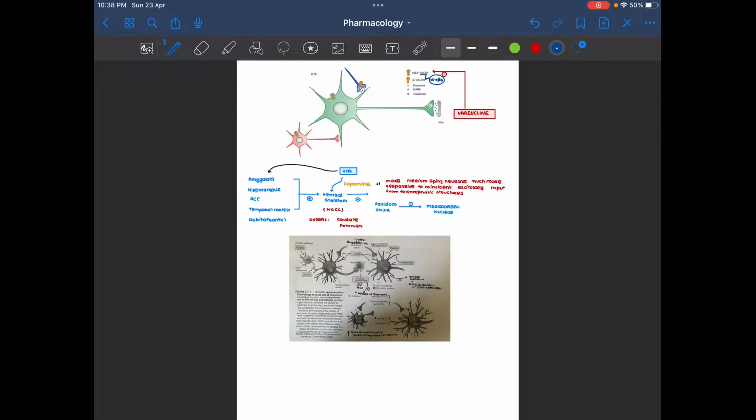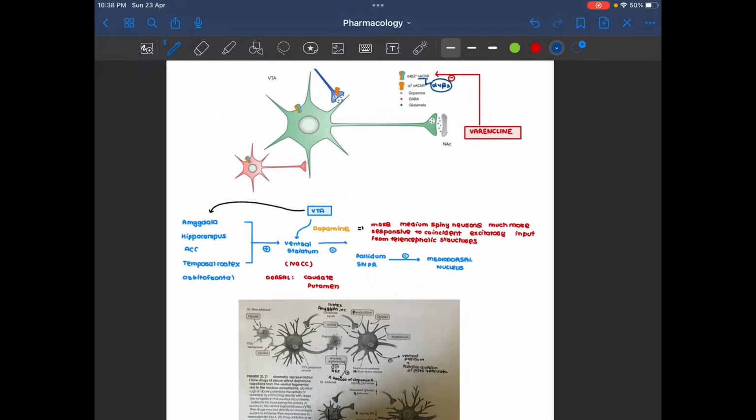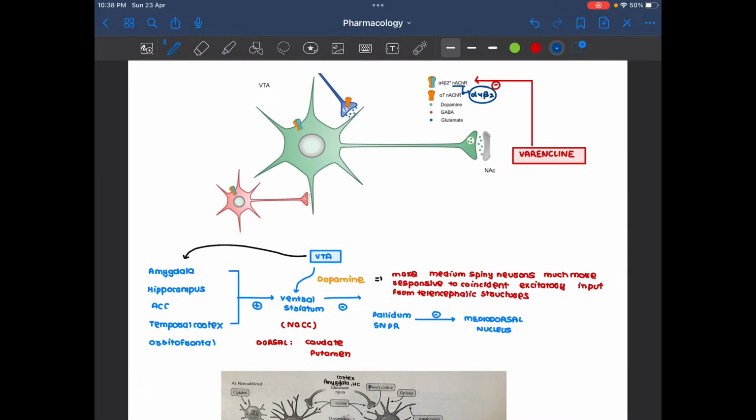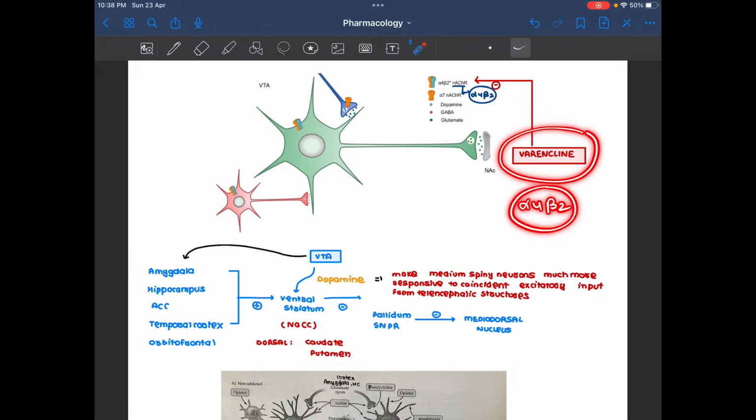Hello guys, so sorry for the interruption. But here I just wanted to tell you about this drug known as varenicline. So this varenicline will block this alpha 4 beta 2 type of nicotinic receptor. Okay, that is a nicotinic receptor, and it's going to function as what? It's going to mediate your